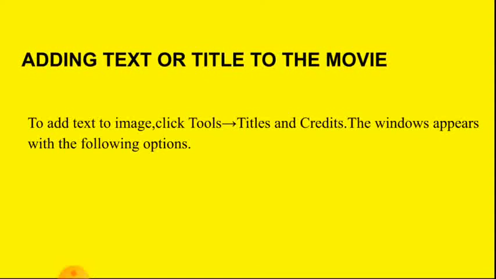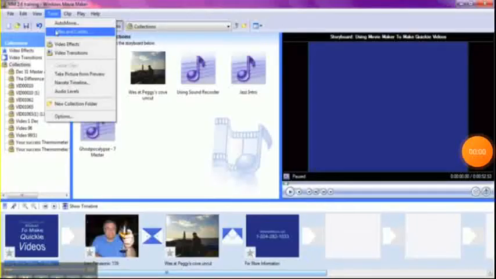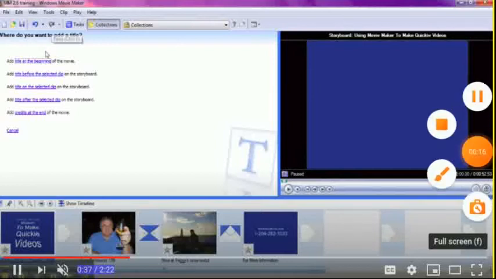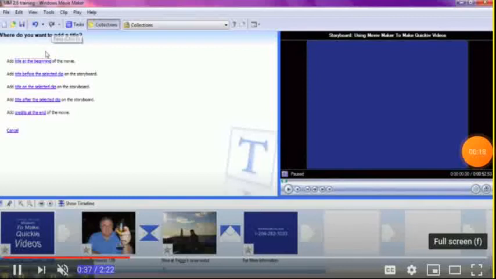The window appears with the following options: add title at the beginning, title before the selected clip, title on the selected clip, title after the selected clip, credits at the end. Click on the option that suits your need.